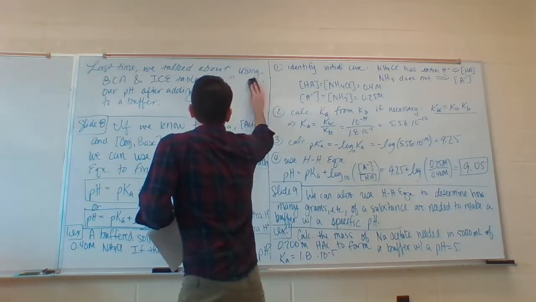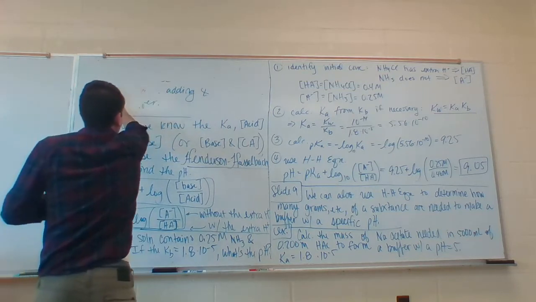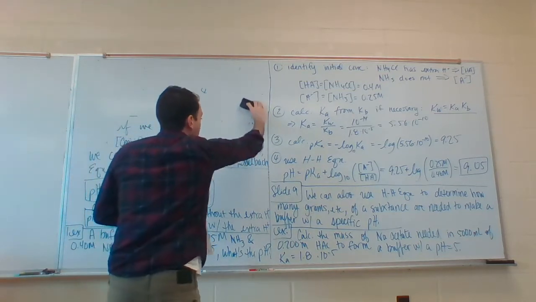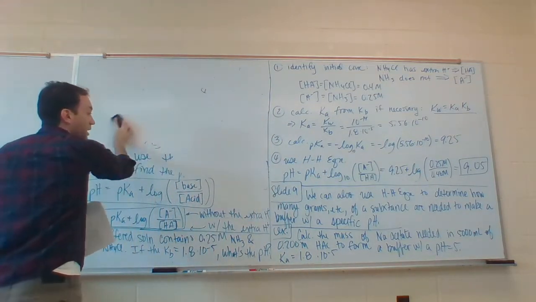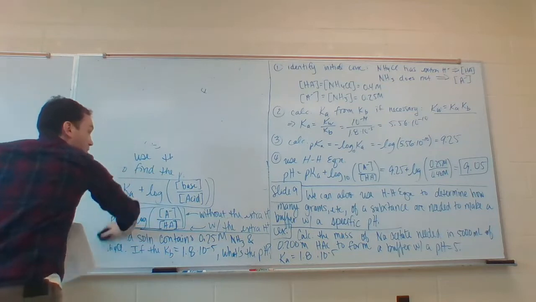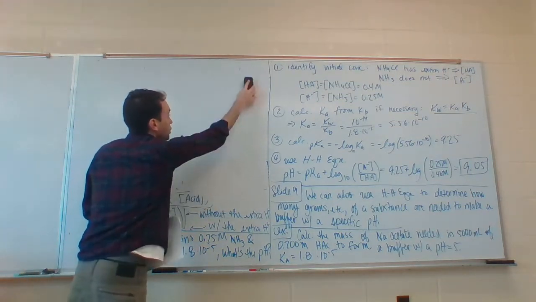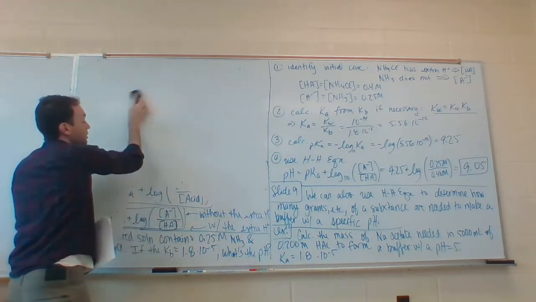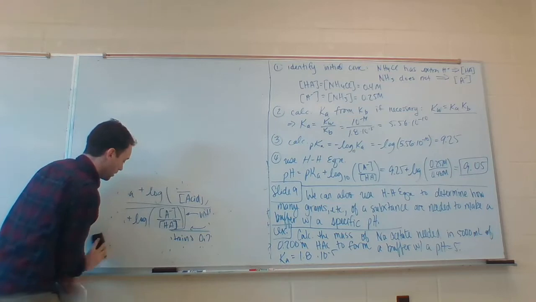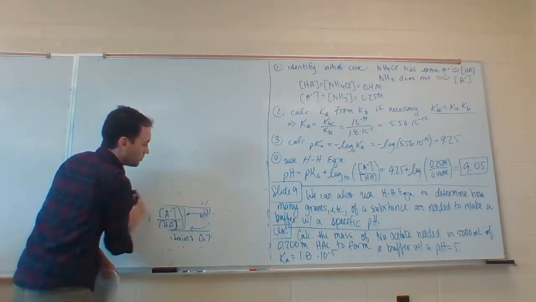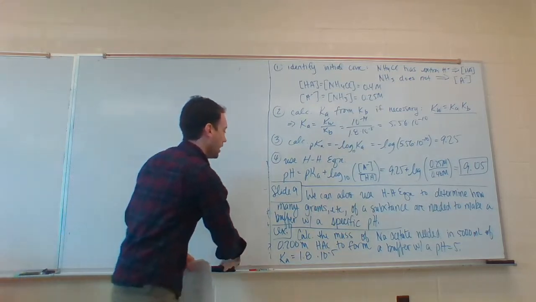Now, we can also use the Henderson-Hasselbalch equation to determine the grams or moles or whatever of a substance that we need to add to a solution in order to make a buffer with a specific pH. So we can use the Henderson-Hasselbalch equation to make any pH buffer we want. Okay? Now, to walk you through how to do that, let's take a look at the example on slide 9,